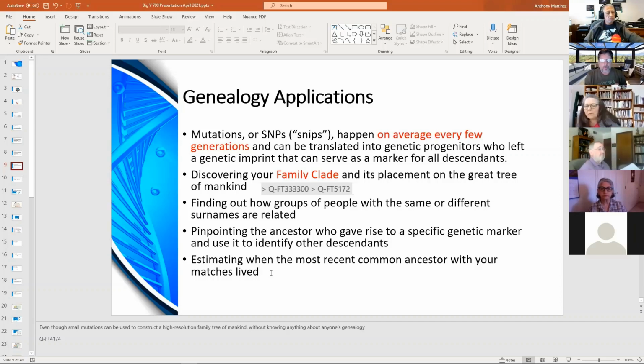I have one on the tree that represents me and my first cousins and my second cousins and my third cousins. And that's our most recent common ancestor, identified by this. Then I have a third cousin, third time removed, fourth and fifth, sixth cousins, where this is our most recent common ancestor. And then, of course, I have all these 8th and 9th cousins, for whom the mutation that represents Nicolas Espinosa is our most recent common ancestor. So we're able to get to the point where we can actually put names, right, to these